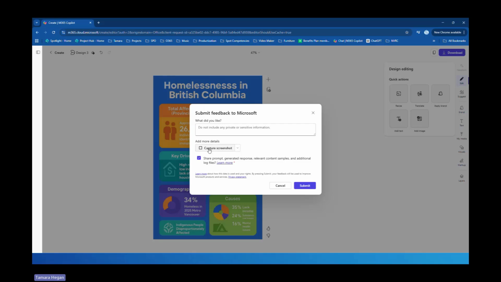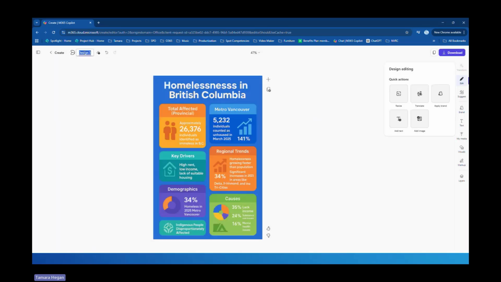So here I can choose to capture a screenshot of the infographic that I made and provide feedback to Microsoft, but I don't have to. I can just say, hey, I really liked how quickly it pulled this stuff together, or whatever you want to do. Now up here, I can change that to